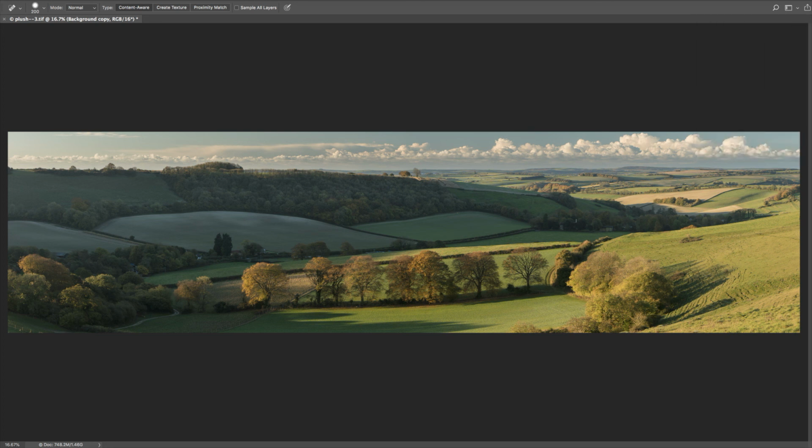Okay, so first thing I do is bring in my toolbox, move it over here, select the Lasso Tool, and I'm just going to select this area on the right of the image that I think could do with darkening down a touch. I don't need to be too accurate, but